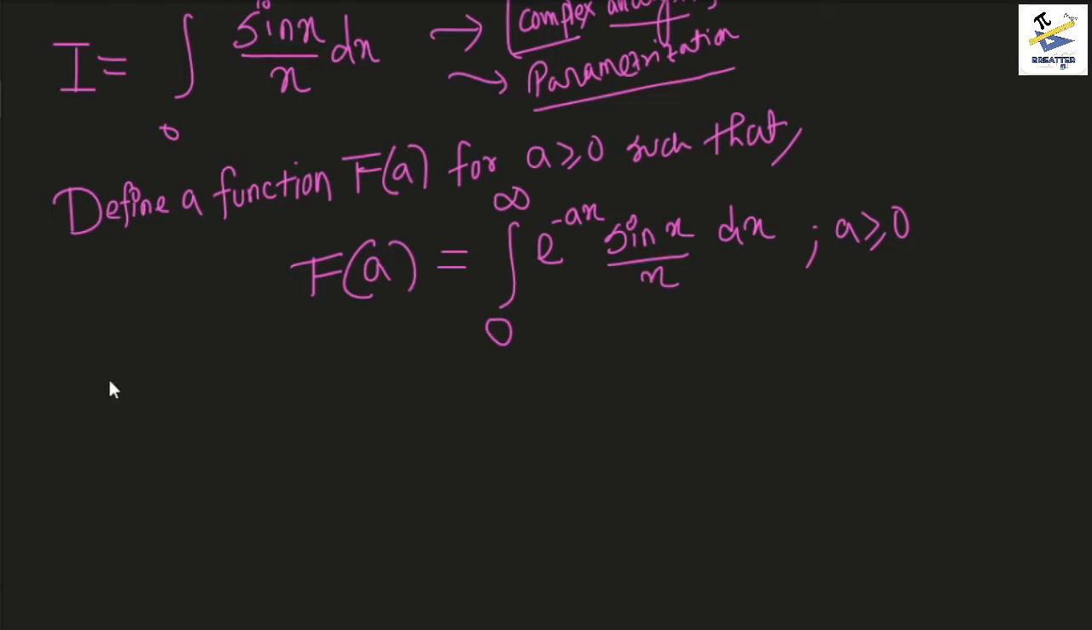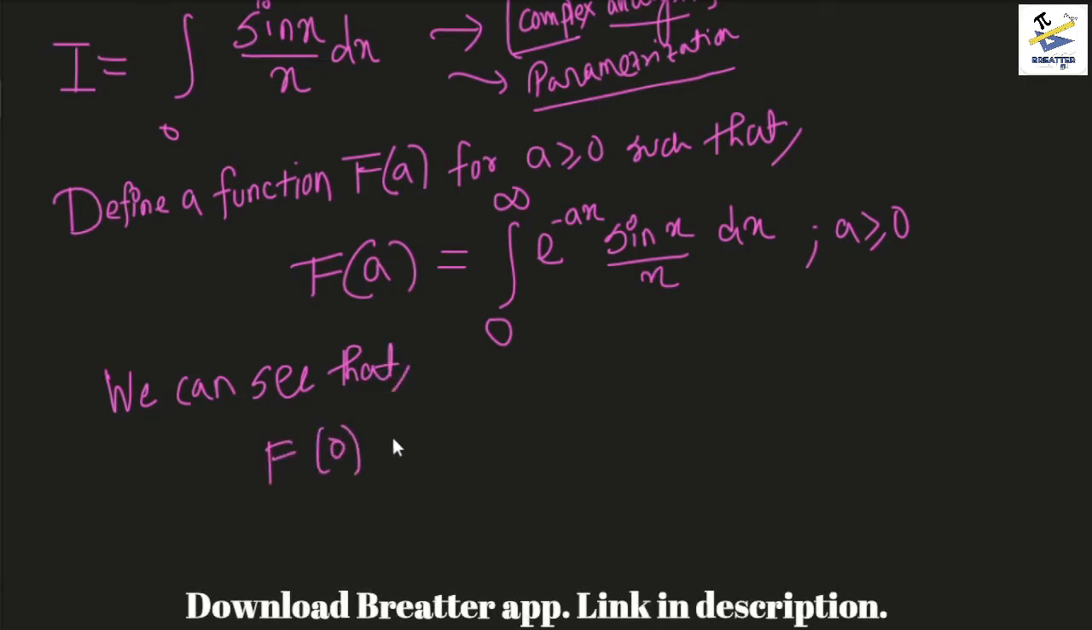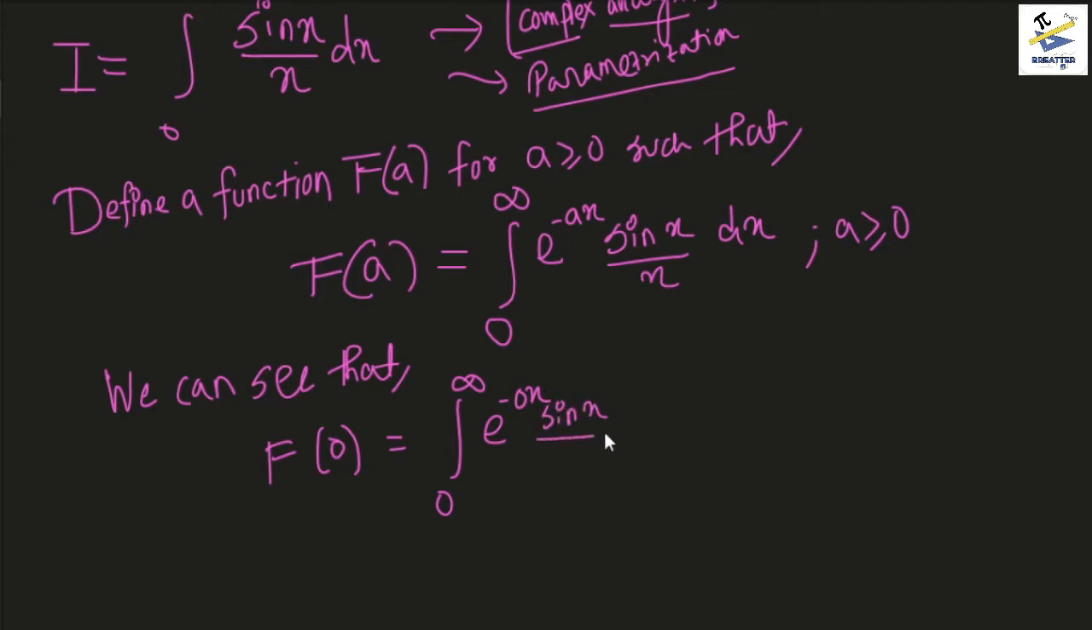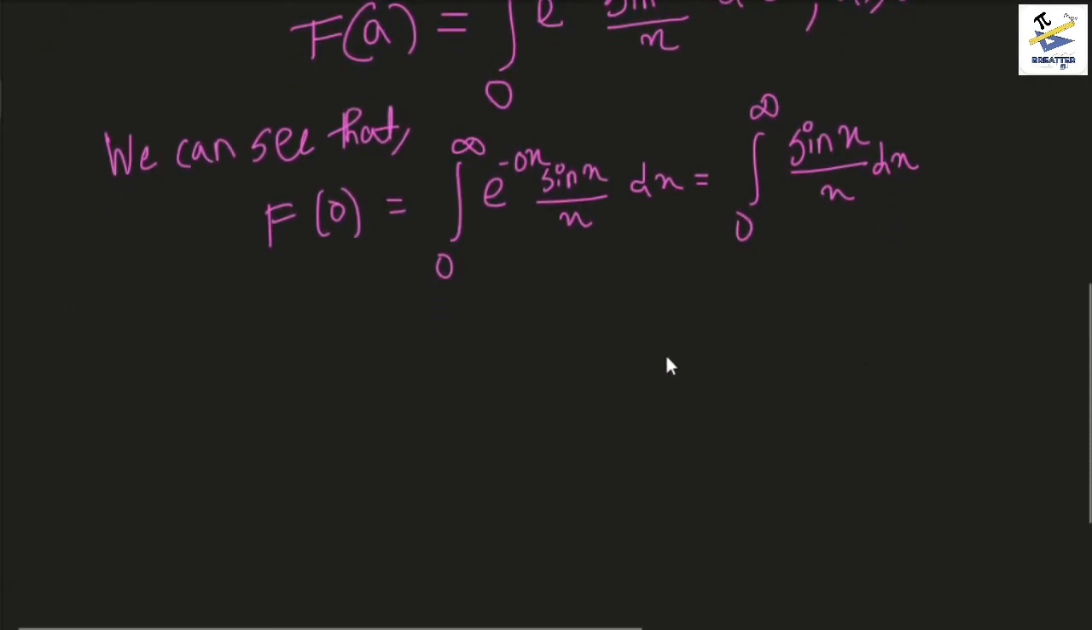So watch this. We can see that f of 0 is defined, and it is defined as the integral from 0 to infinity of e to the power minus 0 times x, times sine of x by x dx, which equals the integral from 0 to infinity of sine of x by x dx. So f of 0, the function, is basically the desired integral which we are trying to find the value of, right? And also notice that